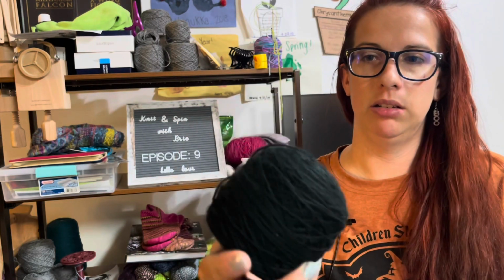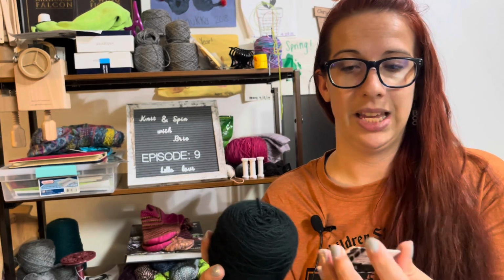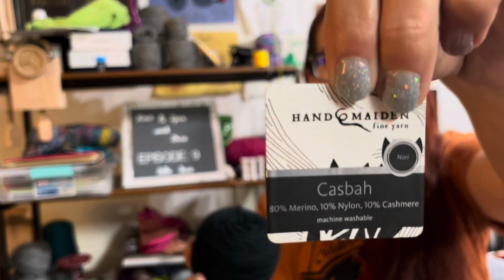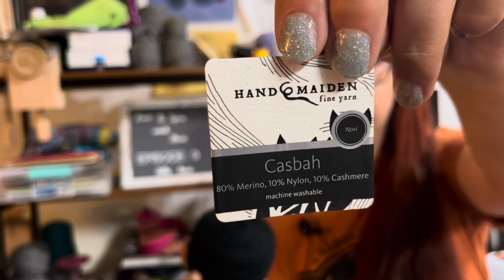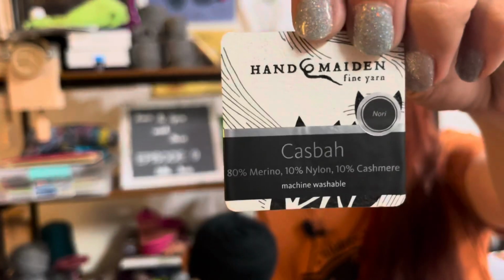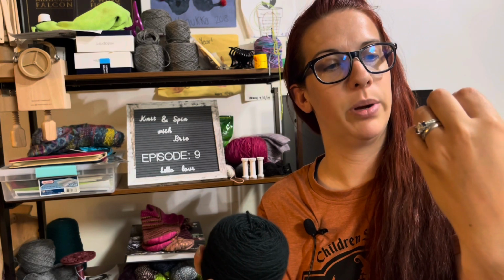But I wanted to support my yarn store. They had a lot of commercial yarn. They didn't feature many hand-dyed people, but this one was actually hand-dyed. It was Handmaiden. Oh, the store is called Uncommon Threads. I just saw the price tag on the back. So I got the Handmaiden Fine Yarn Casbah,